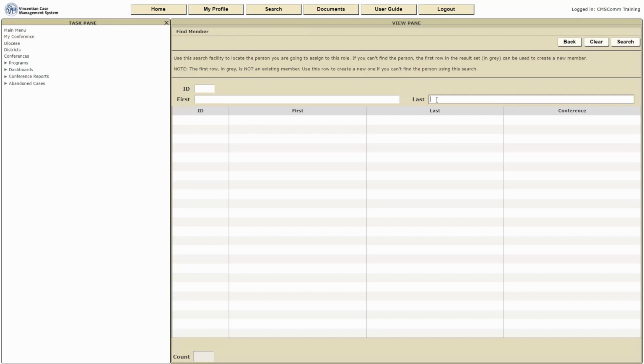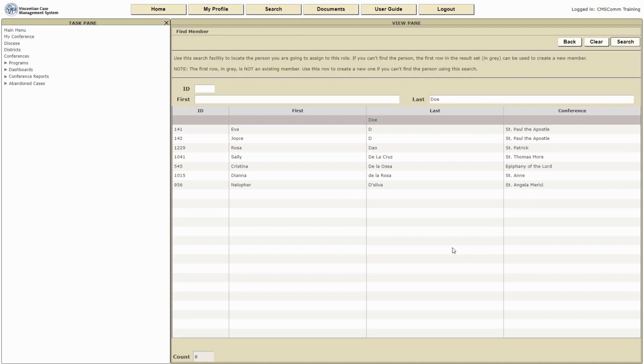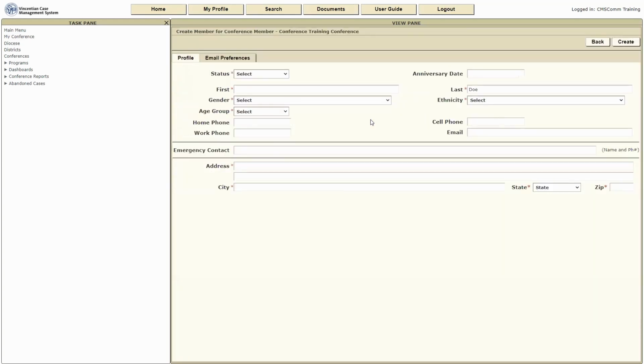Put the person's last name in and search. If you cannot find this person in the list, you will see the name you entered in a grayed out area in the top. Select the grayed out area, and it will now give you the opportunity to enter information about this particular Vincentian. So first, you indicate that this is an active Vincentian, the anniversary date of the person becoming a Vincentian, you put their first and last name,